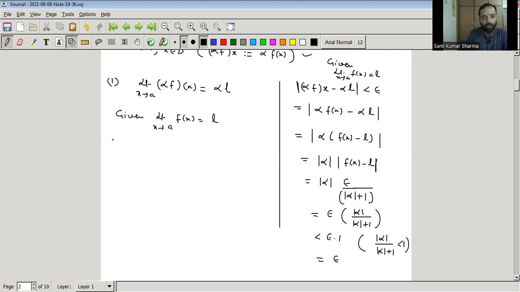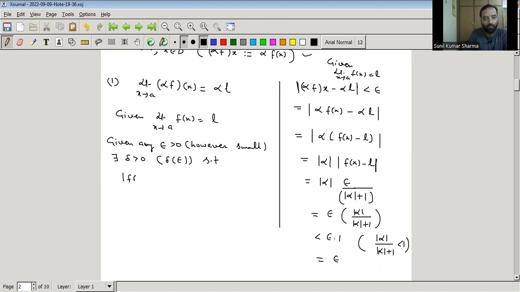So given any epsilon greater than 0, however small, there exists delta greater than 0. This delta depends upon epsilon such that